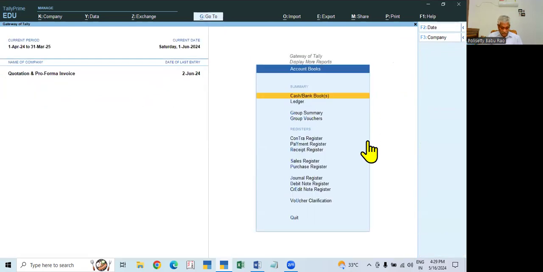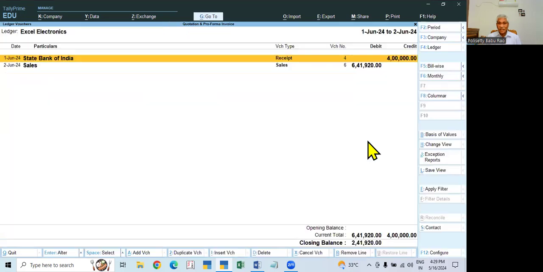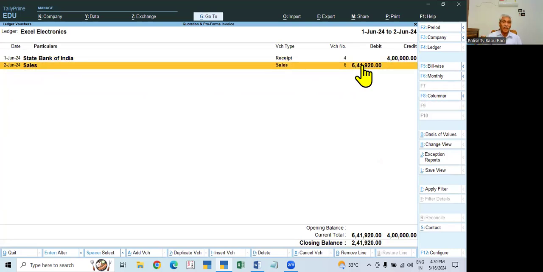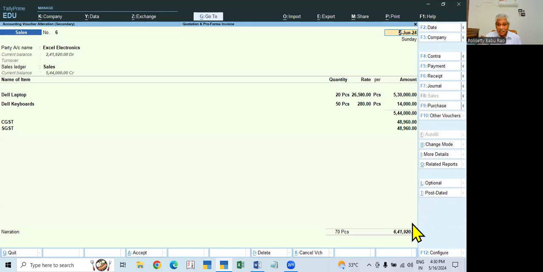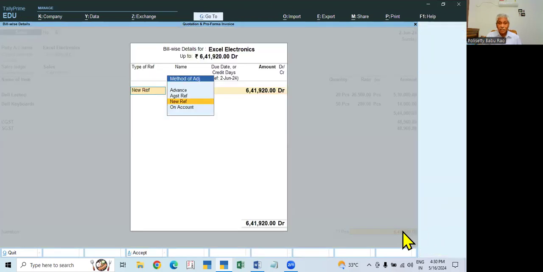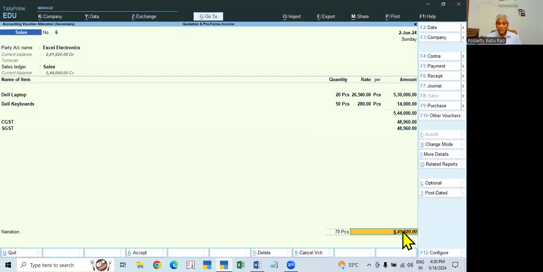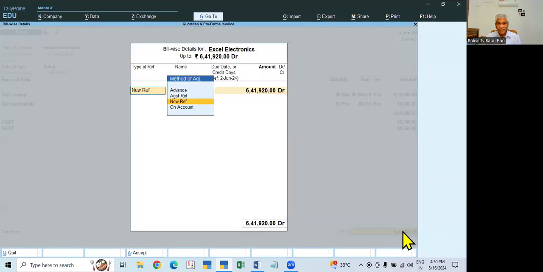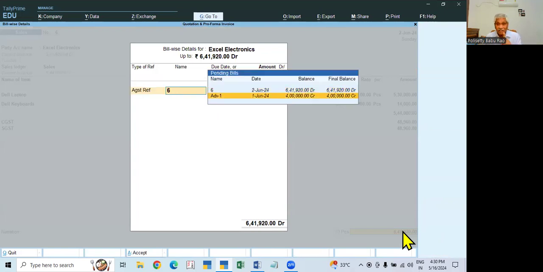So if you go to the ledger and see Excel Electronics, you can see, on the first we received advance, and now we sold the goods. But here we have to make one adjustment. When we are entering the sales invoice, here it is showing this one to show the total amount. Now here what we have to do is against reference, or what we call bill wise details. We already understood there. When you receive advance, when you are making the invoice, that advance is to be adjusted. So here you first go to against advance